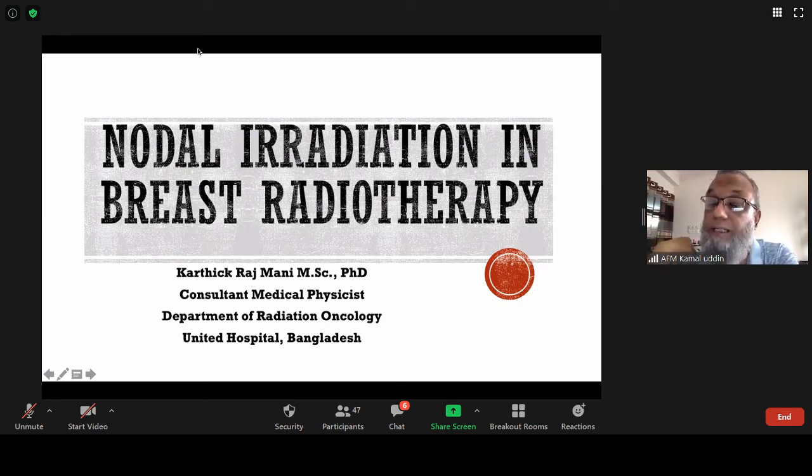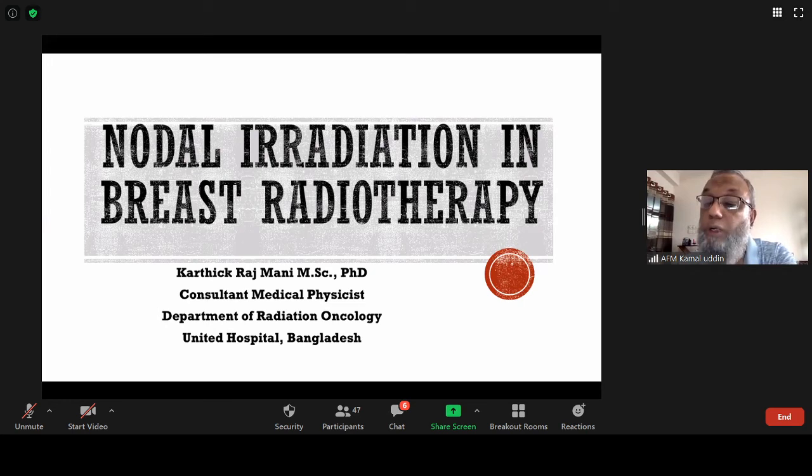Once I decide that I want to treat level 1, 2, and 3, then I need to shape my field in such a way that I cover all three levels. Yes, what Lima was telling, if a good surgical clip is kept behind, definitely we will see that that area is covered. But if no such clip is there, we need to base it on our knowledge of anatomical contouring of the nodes, and then cover with adequate margins, that is with high